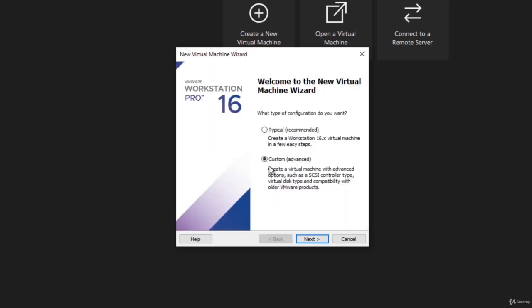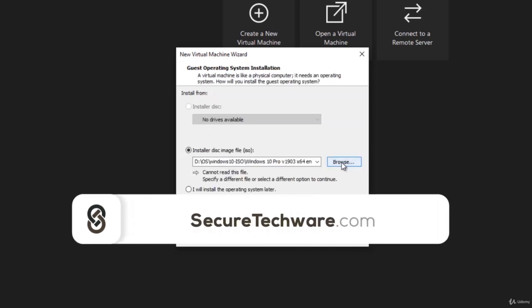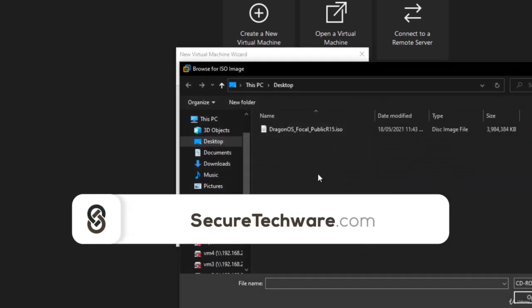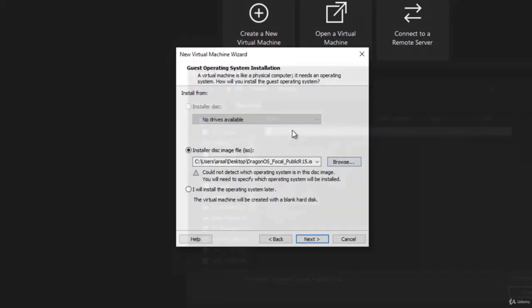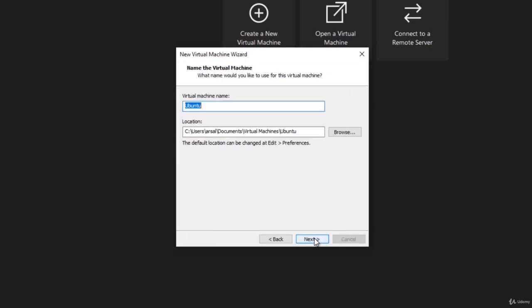and I'm using custom advanced setting, and let's just do next, and let's just browse and select our OS file, the ISO, and let's just do next. And we are using the guest operating system is a Linux. It's based on Ubuntu, so that's why I'm selecting Ubuntu version over here, and let's just do next,